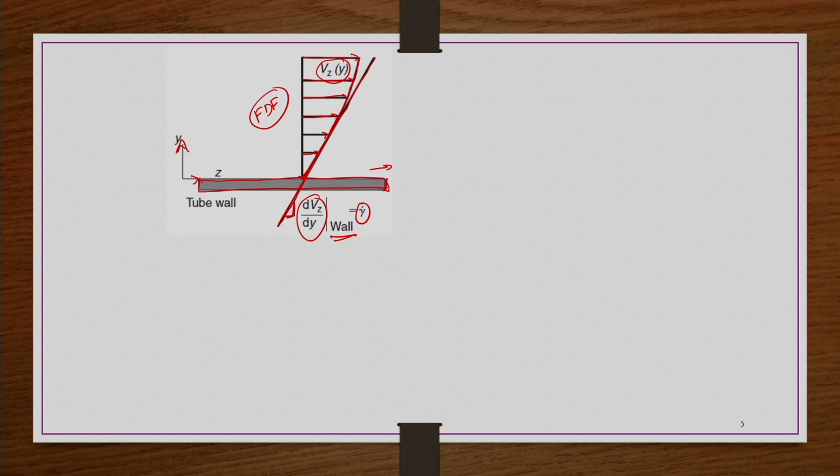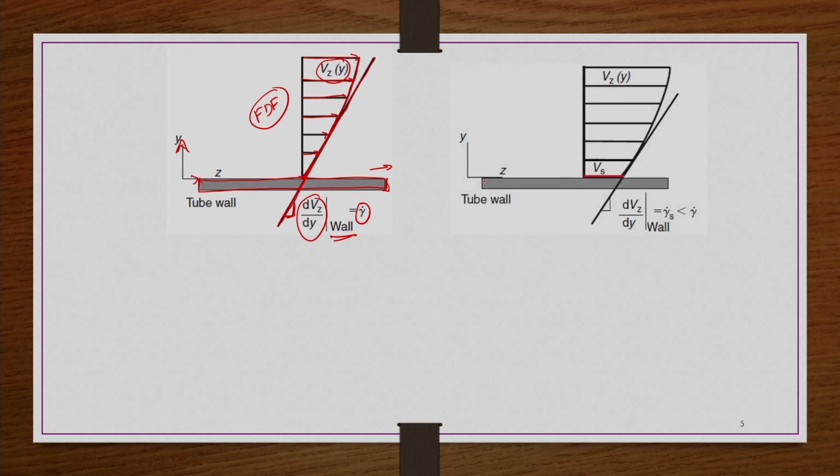Okay. This is what you in general have in the case of a no slip boundary condition that we use when the fluid is flowing through capillary or confined region, something like that. Okay. So, now, but if there is a slip, what happens? The same situation now we have the tube wall and then fluid is moving in the z direction and then velocity is changing in the y direction like this. So, this is z direction, this is y direction. So, Vz is function of y here again, right.